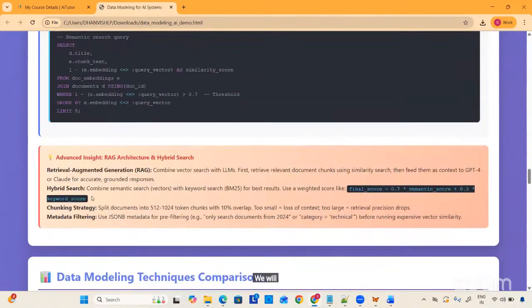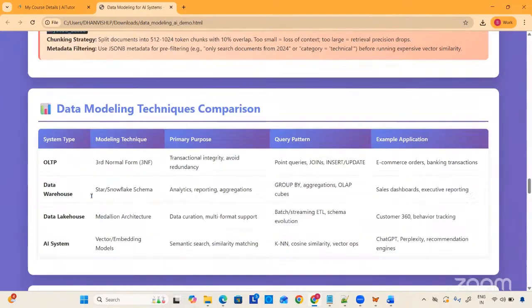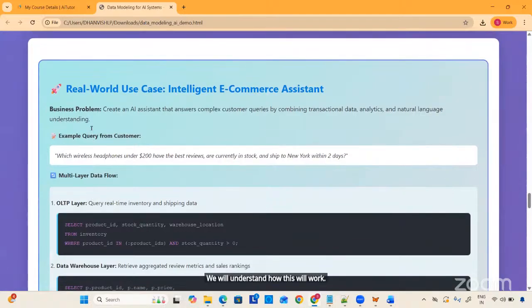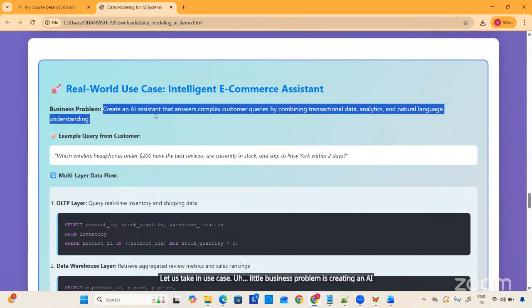We will understand how this will work. Let us take a use case. Let us say the business problem is creating an AI assistant